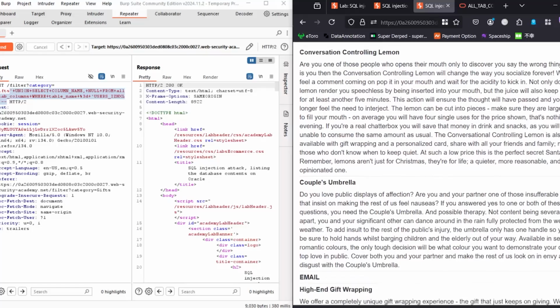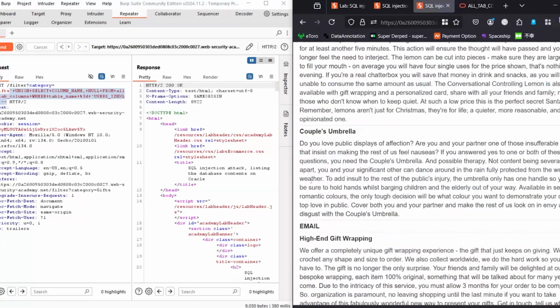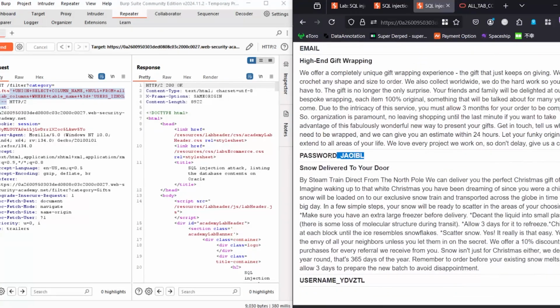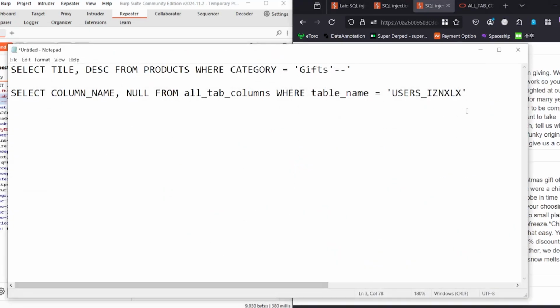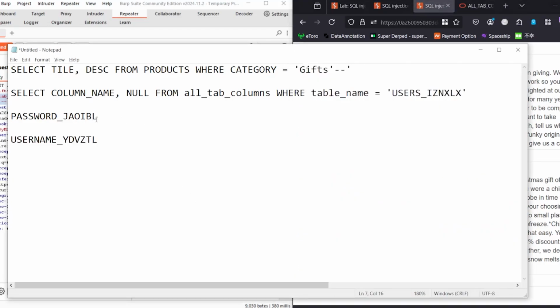And if we're having a look, there we go. The column names are email, password, and username, with some extra characters on the end. So let's grab these pieces of data and paste it here. What we want is not the column name. What we want is the username and password from